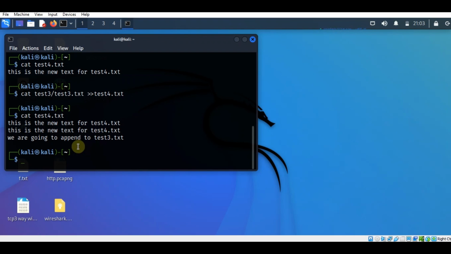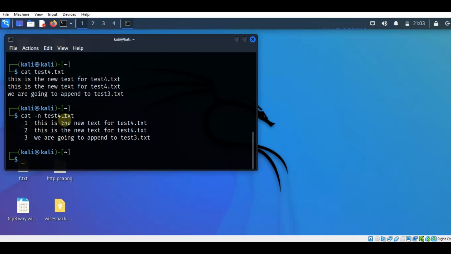So we can type cat -n, then the file name, that is test4.txt. So you can see the numbers for the lines. So the cat command can also be used with multiple files. So if we type cat